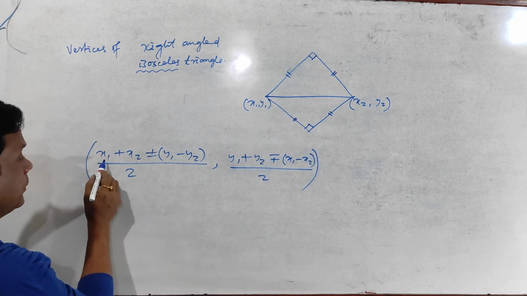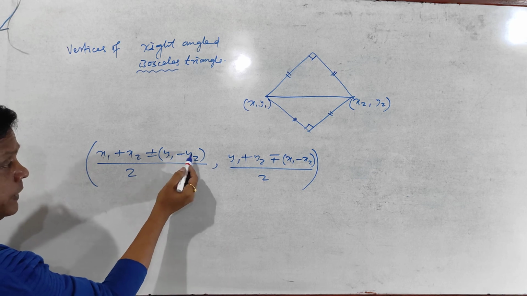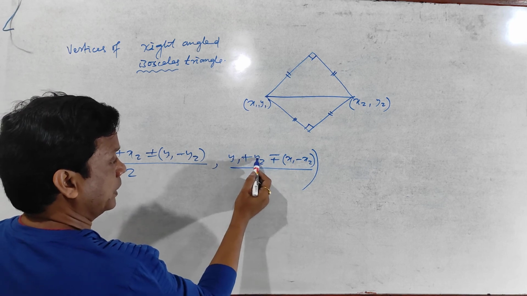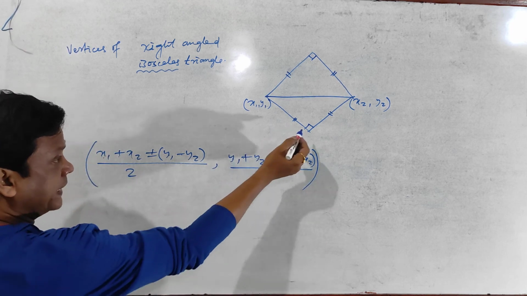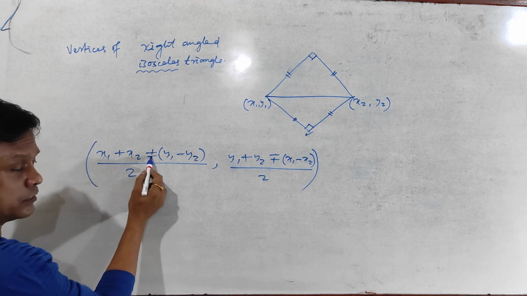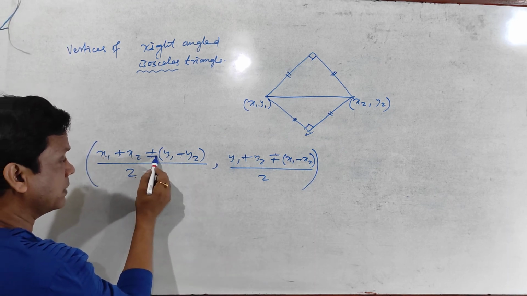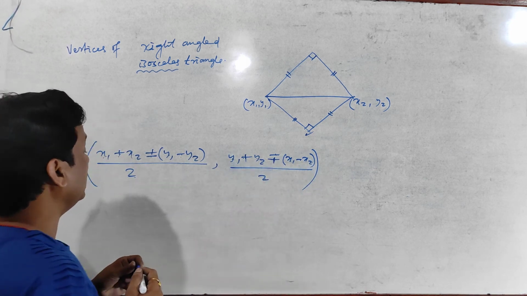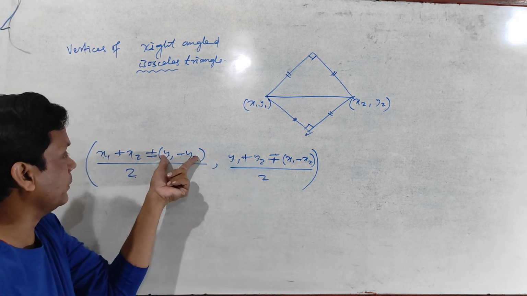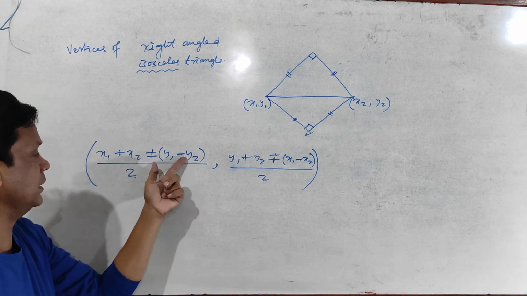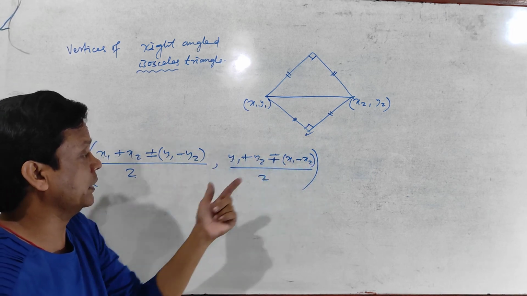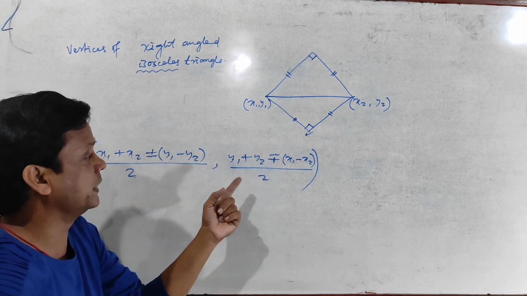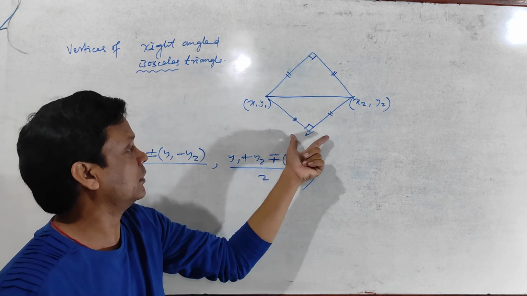See here, the formula is ((x1 + x2 + y1 - y2)/2, (y1 + y2 - x1 + x2)/2). And the second case will be ((x1 + x2 - y1 + y2)/2, (y1 + y2 + x1 - x2)/2). While taking the plus sign here, you should take the minus sign there. Here it is x1 + x2, here it is y1 + y2. Here it is y1 - y2, here it is x1 - x2. Opposite signs here: x, y, y, x. If the middle one is positive, take a minus sign there; if you take a negative sign here, take a positive sign there. So the first coordinate will be this one, and another will be this one.